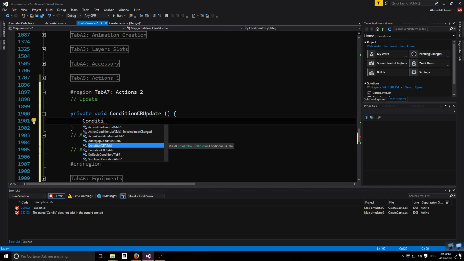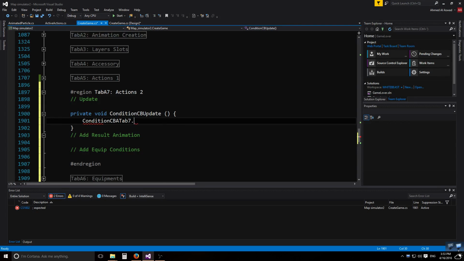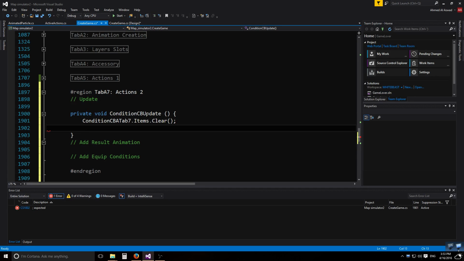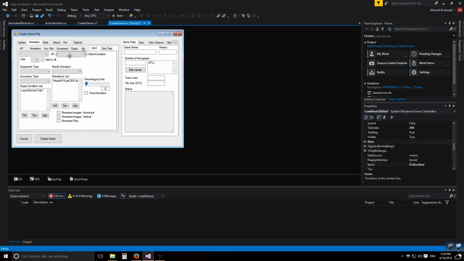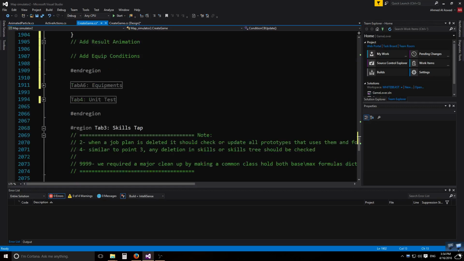So every time I add or delete a condition, I should add them or delete them from these combo boxes. And luckily I have only one combo box for this. So I just need to add all of them. And because conditions are heavily dependent on the AP, the animated particle,